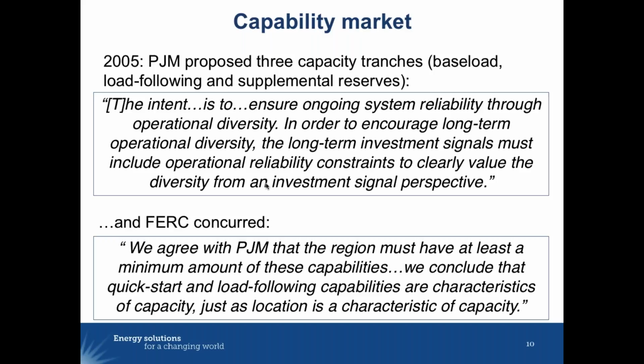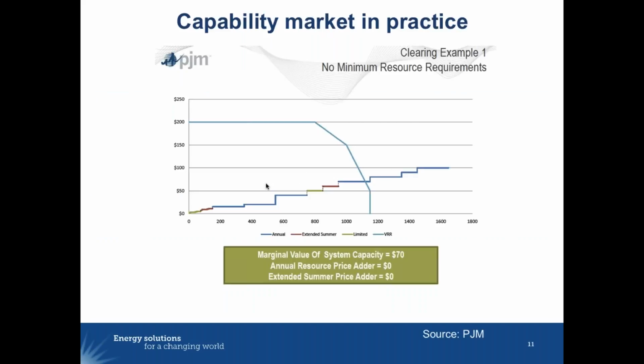And one would argue that as PJM is going more and more towards variable renewables on their system, the pressure to move towards something that more explicitly recognizes the value of diversity of capacity is going to become more pressing. And we'll talk in a minute about how they're going about doing that. And they actually did it. They actually implemented something like this in the demand response portion of the capacity auction,